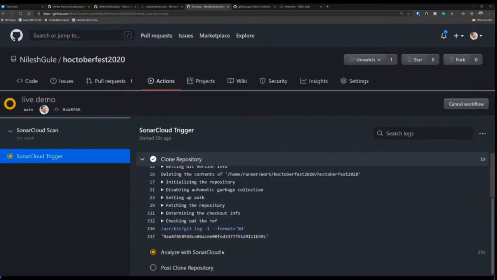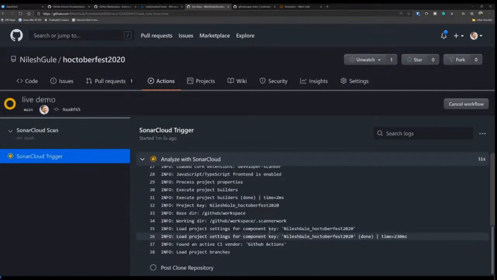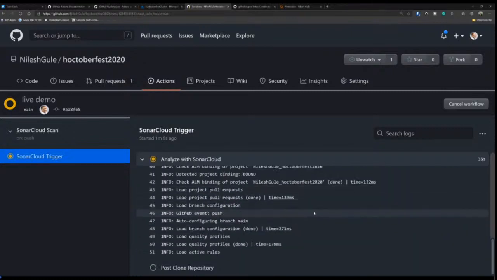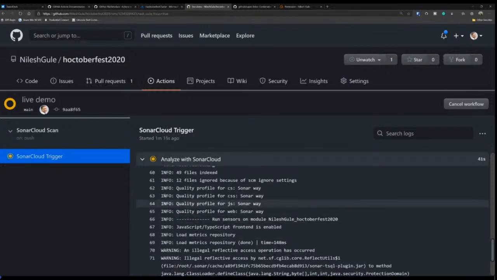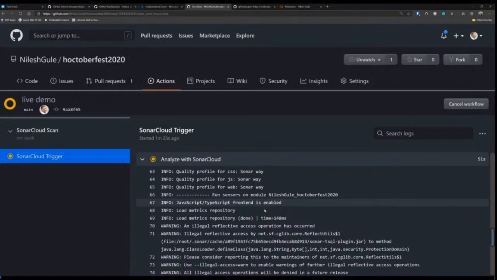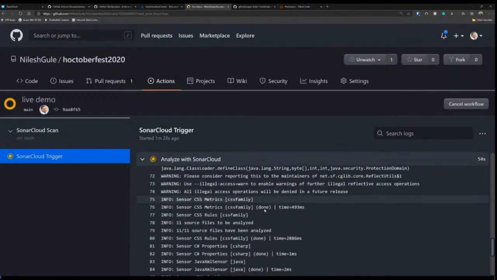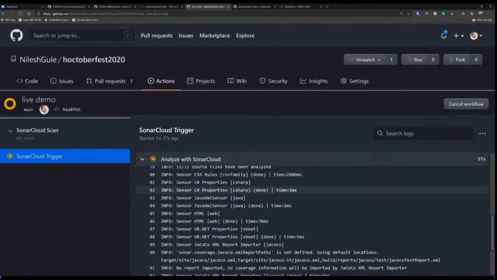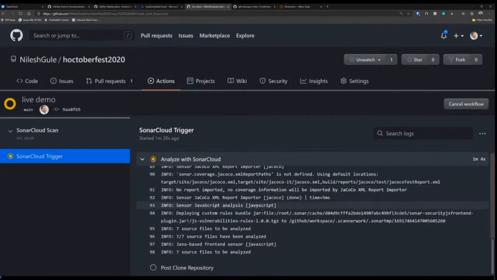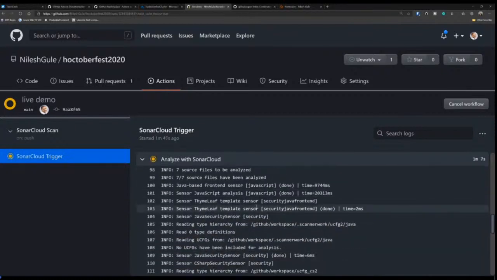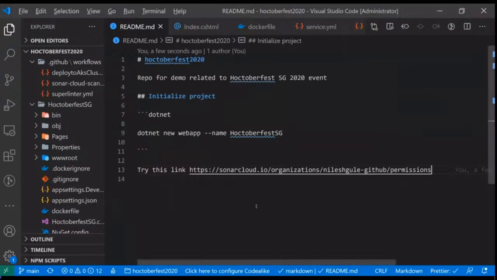And once this analysis is done, the final output of this analysis will be pushed to that Sonar Cloud repository. So you can see here it's starting to analyze the results and what are the different quality profiles that it's using based on the code that I have. So it identifies that I have CS files, CSS files, JavaScript files, and it is pulling in all those profiles for those language validations. And then it will start with the static analysis of the code. So all the files would be analyzed in my code base. And once the analysis is finished,